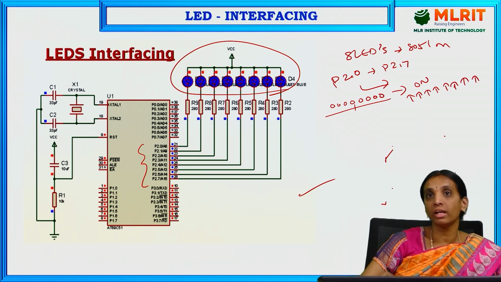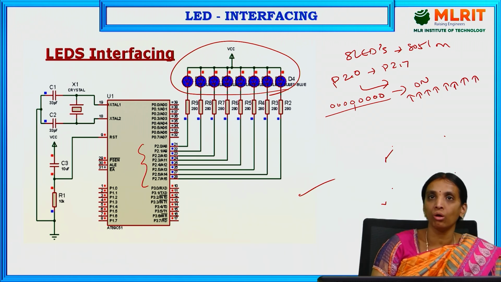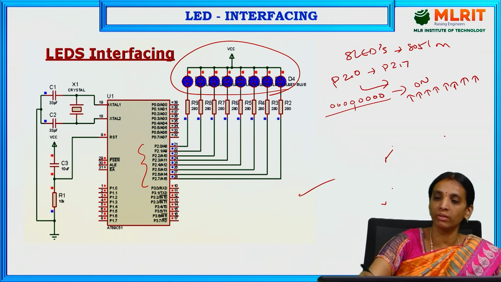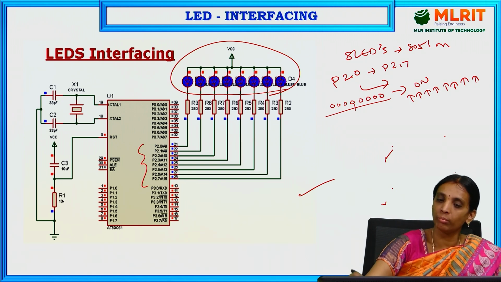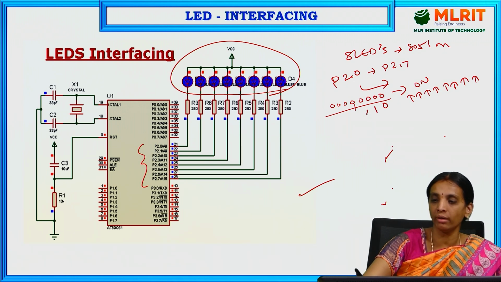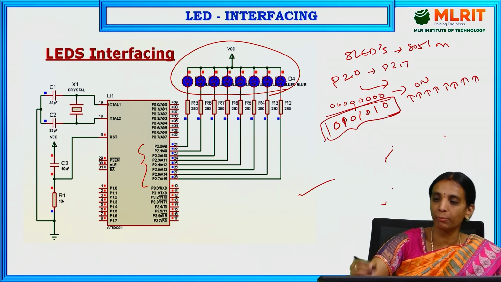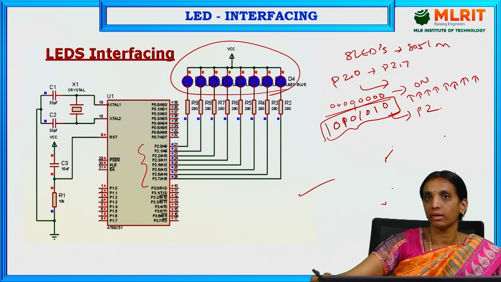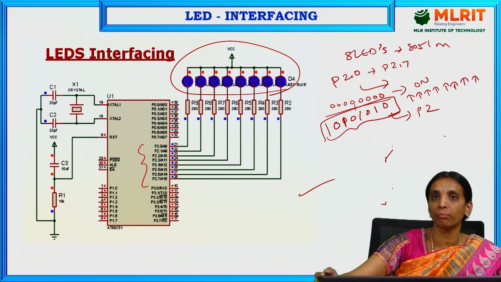So in our application, if we want to glow alternate LEDs, that means the first LED will be on and the second LED will be off, the third LED will be on and the fourth LED will be off, the fifth LED is on, the sixth LED is off, the seventh LED is on, the eighth LED is off. Then we need to give this bit pattern to port 2 for blinking our LEDs